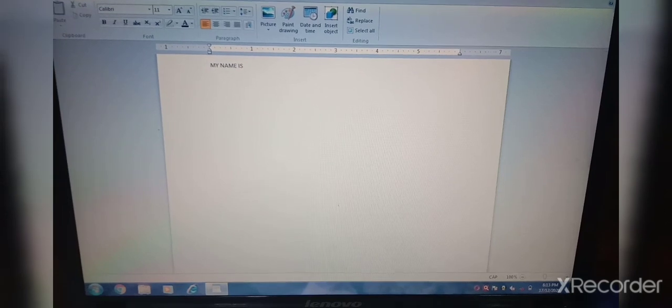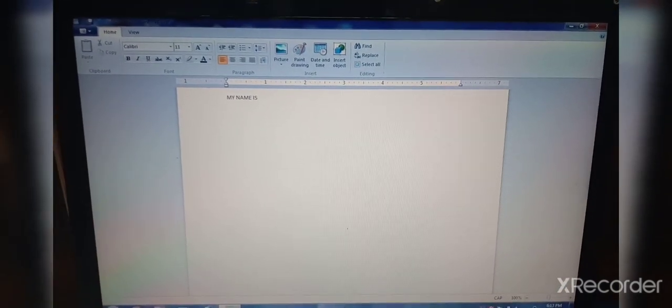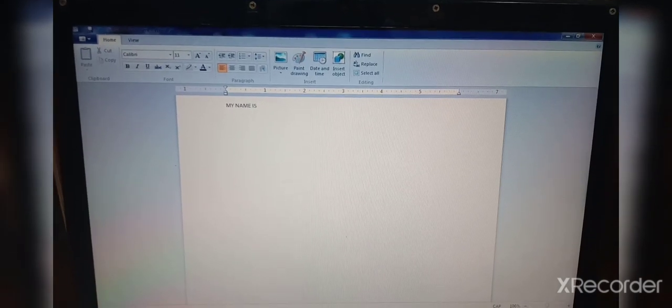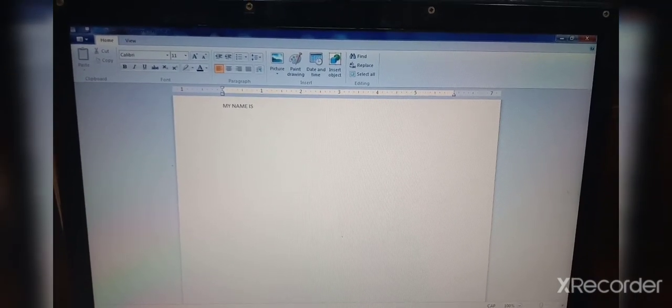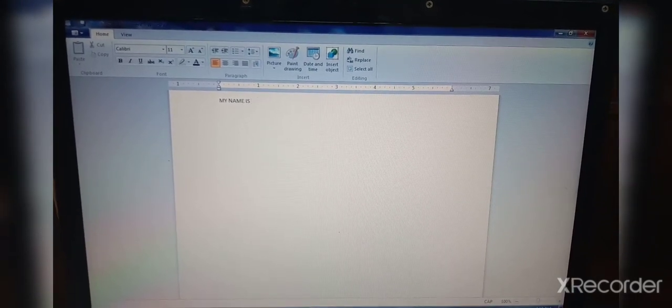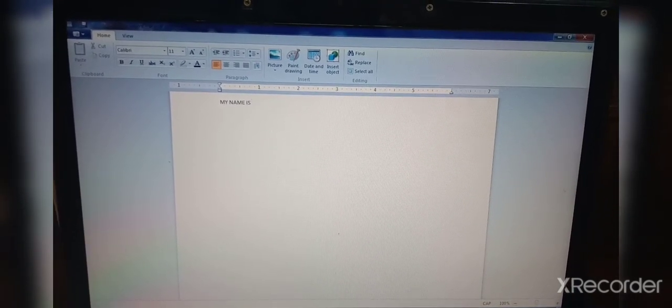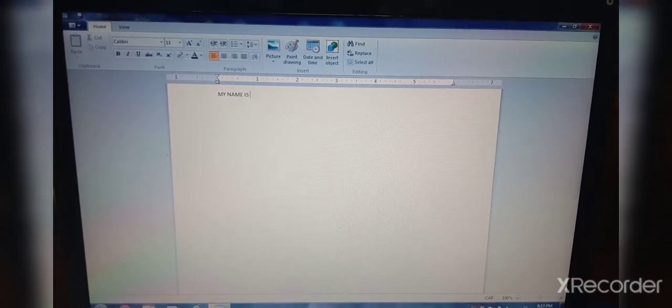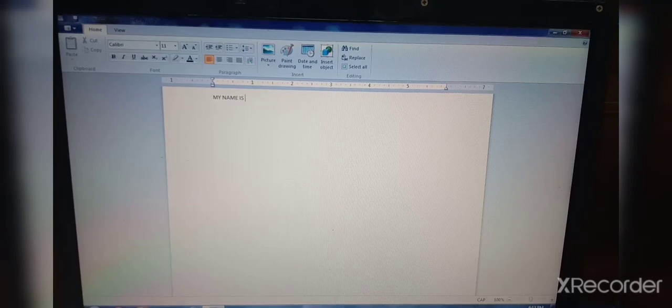So children, what we have seen today, how to open WordPad, what are the parts, components of a WordPad. So title bar, ribbon. In ribbon there are two parts, which are that home tab and view tab.